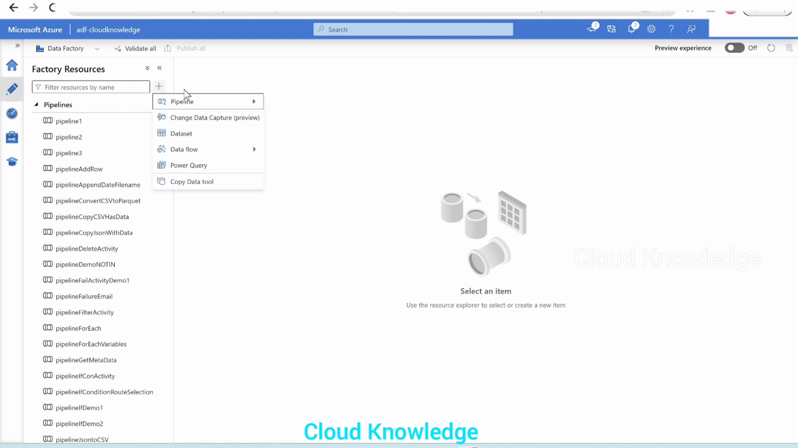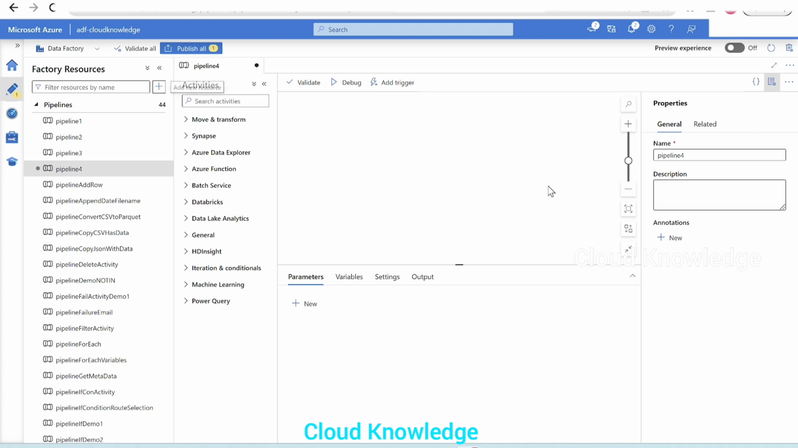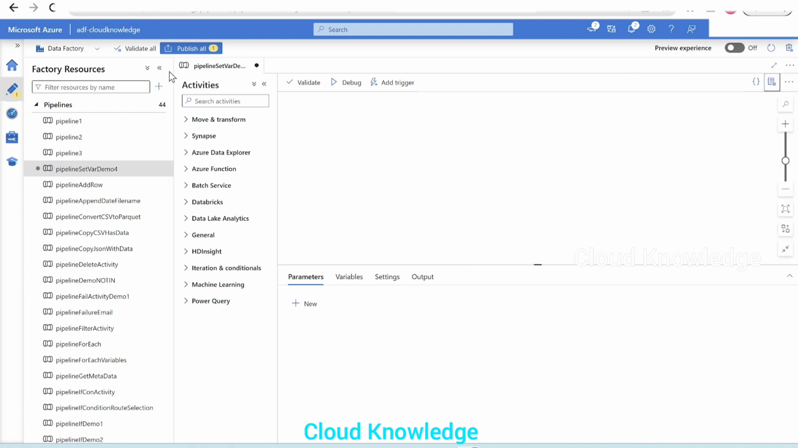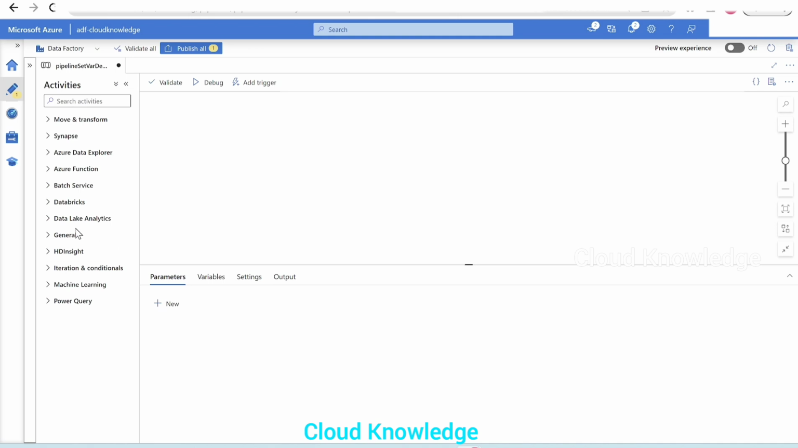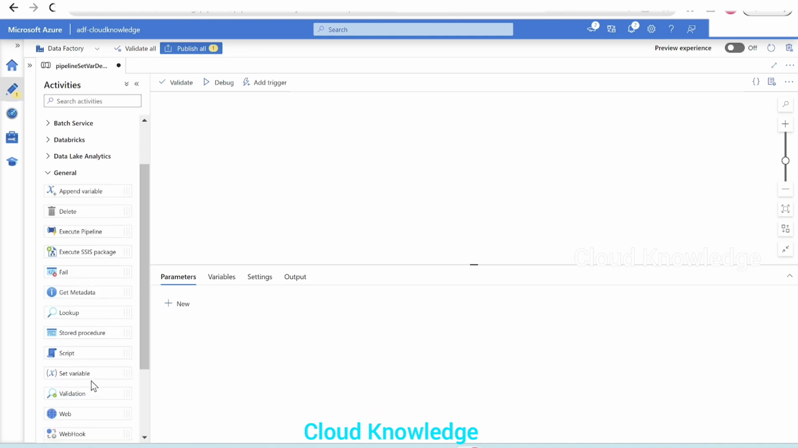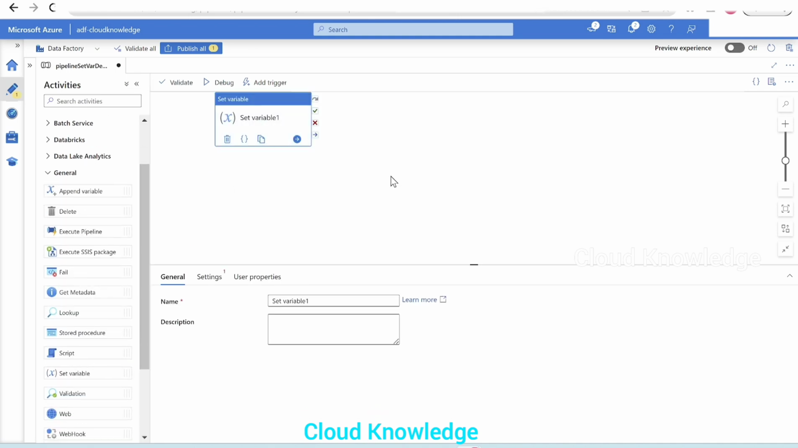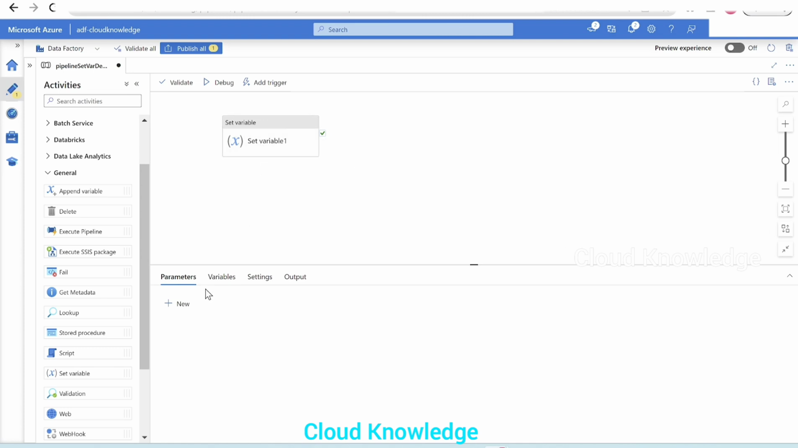So now we'll take a new use case of the set variable activity inside the until activity. Let's name this as set var demo 4. First, we'll take the set variable activity in the canvas, and as we did in the first demo, we will create a pipeline variable first. So we'll go to the variable section, create a new variable, click on plus new, add a variable with name